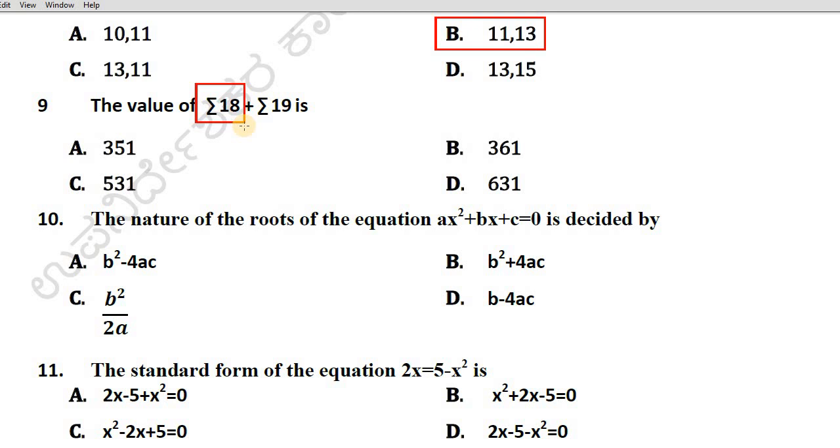So for the sum of 18 natural numbers you will get 171. Similarly, next find the sum of 19 natural numbers, meaning from 1 to 19 you want to find the sum. For that you will get 190. So first you get 171, next you get 190, add these two, and it gives the answer B, that is 361. So I felt it is a somewhat different question. So practice well and keep an eye on this question.